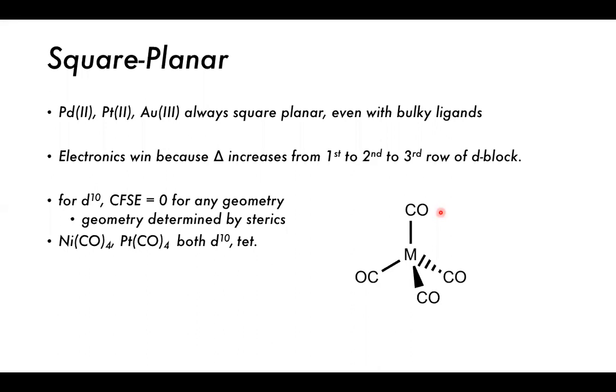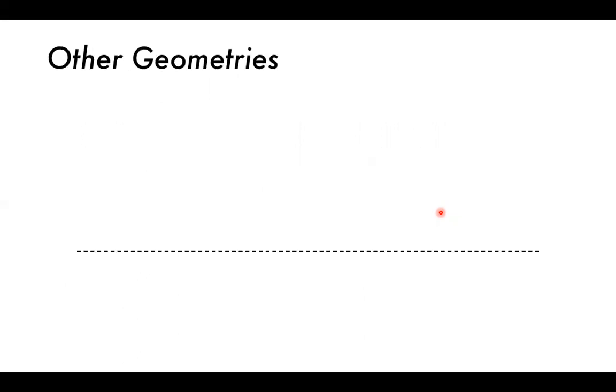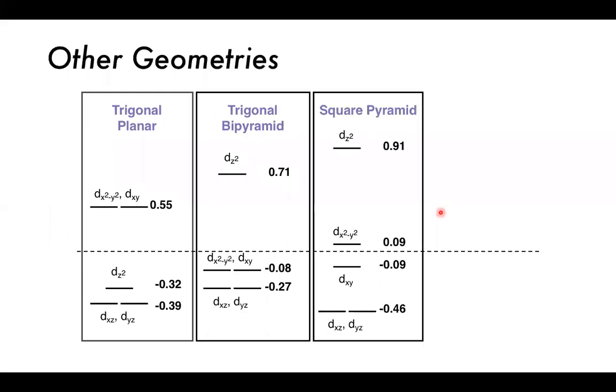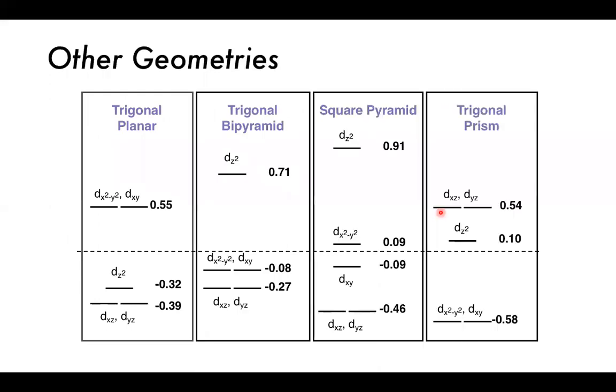This is because the electronics win, because the Δ increases from first to second to third row of the d block. So for d10, the crystal field splitting energy is equal to 0 for any geometry, and the geometry is determined by sterics. Other geometries are here. This is really more for reference. Square planar, sure, but the others like trigonal planar, trigonal bipyramidal, and trigonal prism. I won't ask you to draw these diagrams, but it is still the same sort of principle,